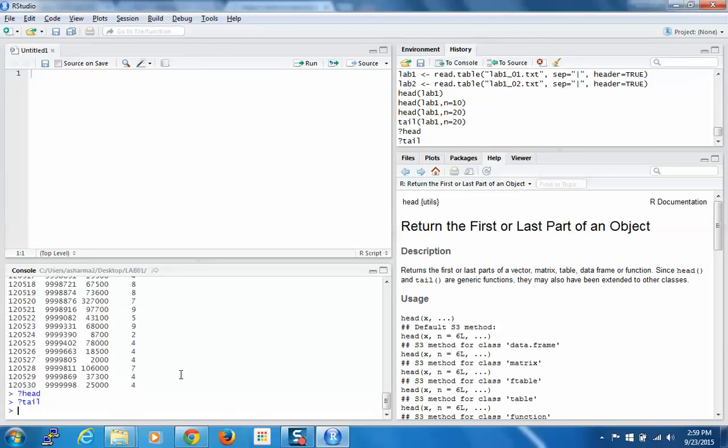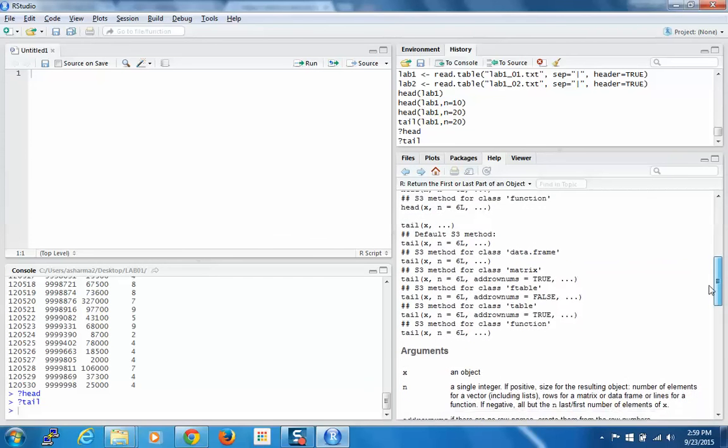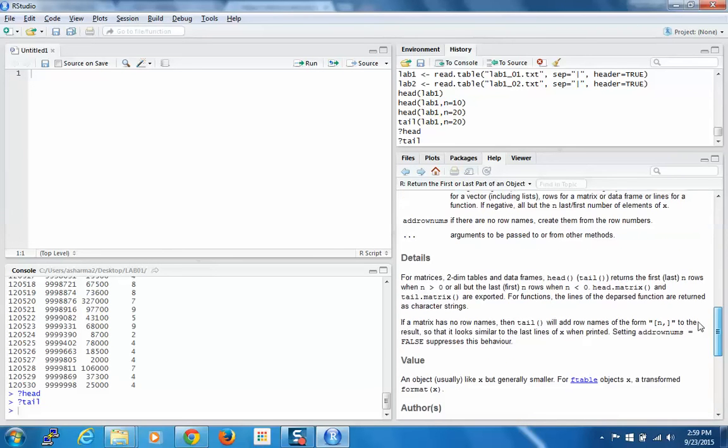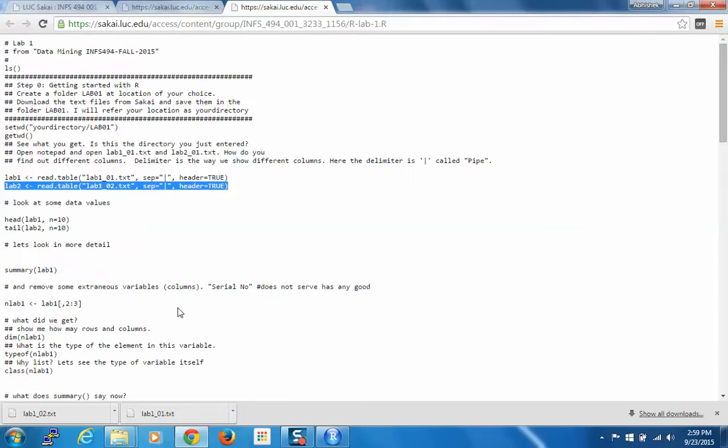So if you do tail, it'll give you all the information about tail. The default method has n equal to 6, which will give you 6 rows. If you want more, it can give you more rows, and it has all the documentation about these functions. So you can do that on any of the functions that we'll talk about in this class or in later classes. Okay,